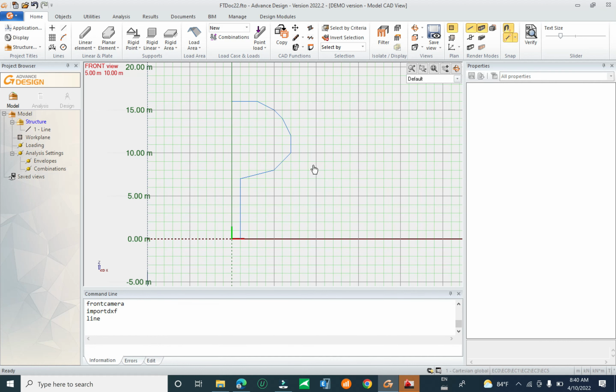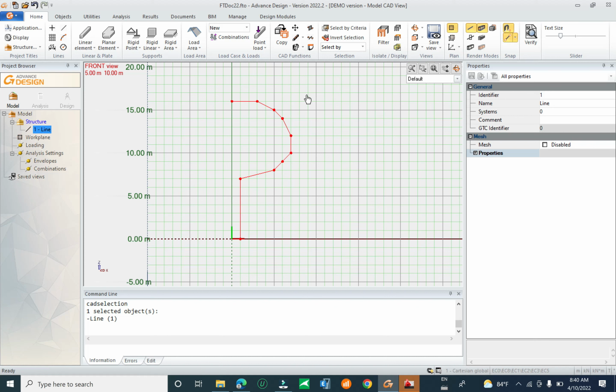And after you complete the model on one side, we have to click on this line, and you select extrude